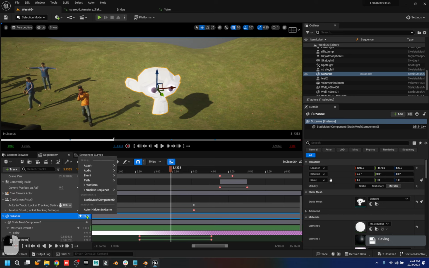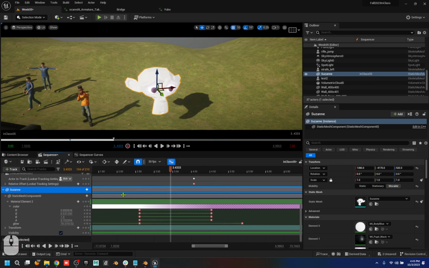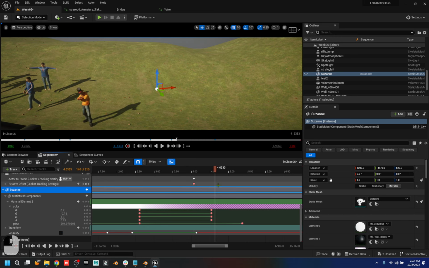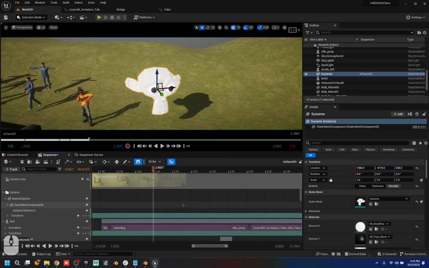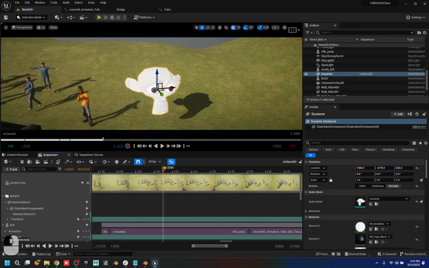Other tracks, just kind of explore. One of them is actor hidden in game. So maybe something is supposed to be visible at the very beginning or invisible, and I want to watch it show up, right? So you can make things disappear after a while and show up and go away. If your camera's seeing something it shouldn't see, instead of having an actor or an extra run away or hide camera tracks, you can actually hide things from the camera later on. But ultimately, you need to make sure that all your different cameras are using different